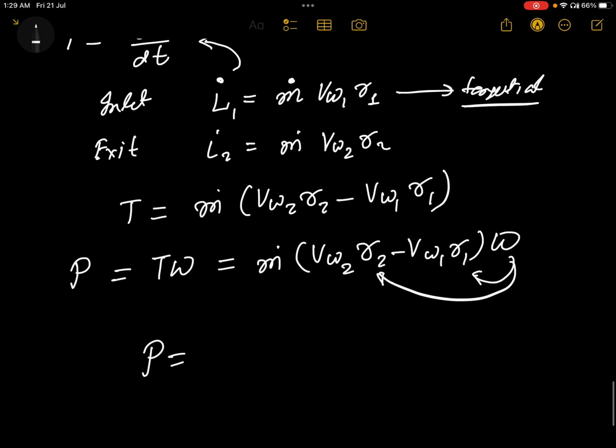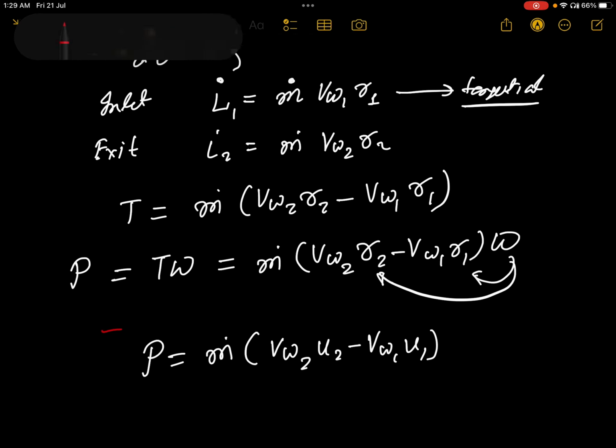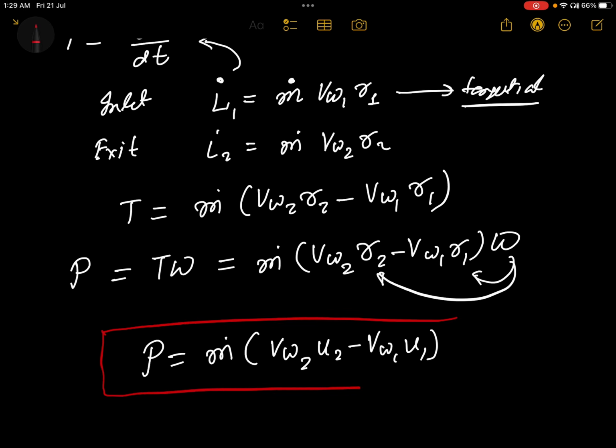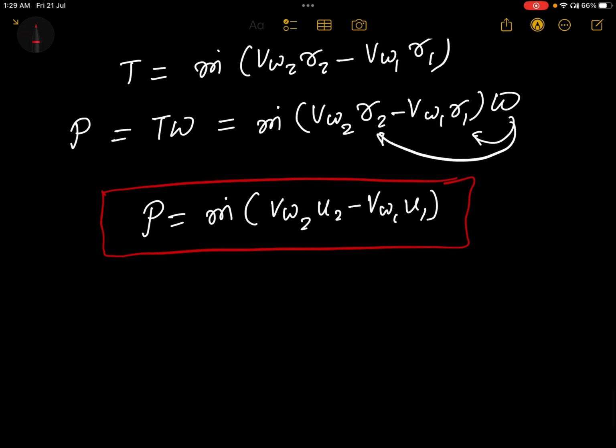So we'll get to know that power will be m dot (vw2 u2 minus vw1 u1). This is the very important basic equation which is applicable for all turbo machines, and